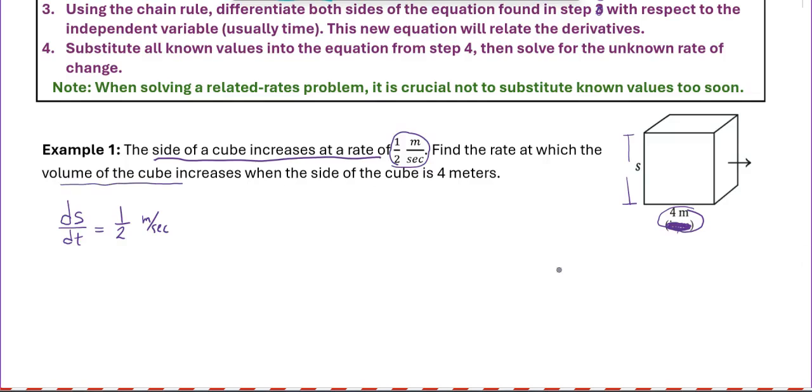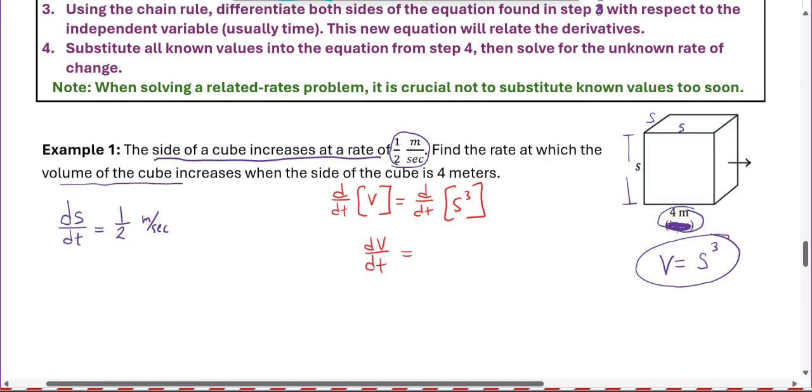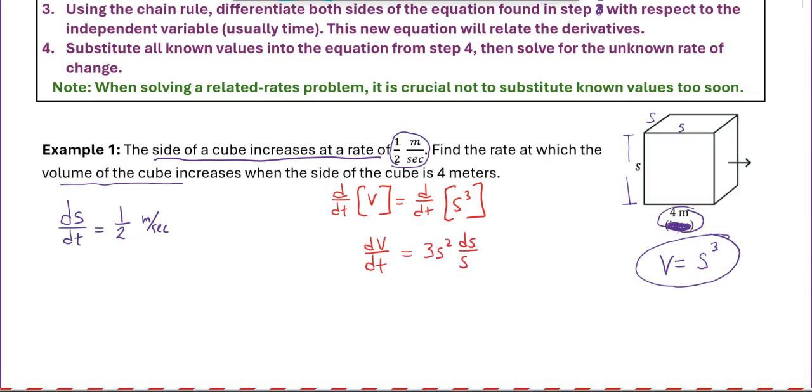And perhaps you already know that, and hopefully you do, that the volume of a cube is just found by multiplying all of the dimensions together. In this case, if it's a cube, it would be s by s by s, and that would be s cubed, right? s times s times s. So we're going to take the derivative of that equation with respect to t. So the derivative of the left side, the derivative of the volume, the derivative of the right side, s cubed. The derivative of v is dV dt equals, power rule, 3s squared ds dt,